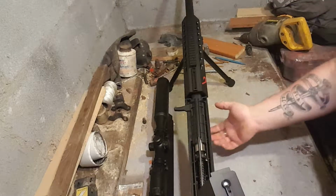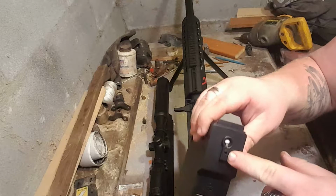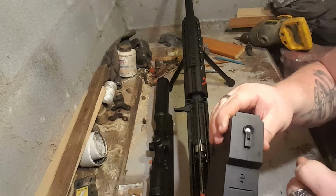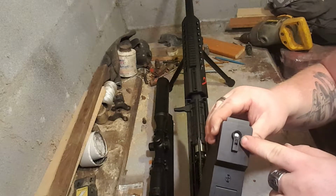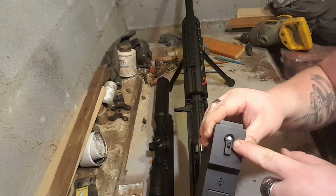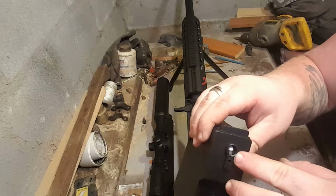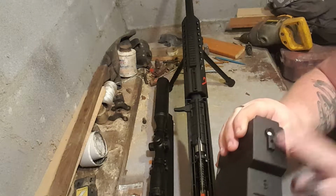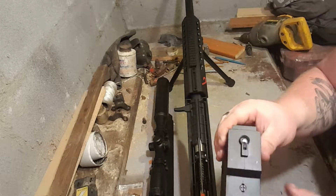If you leave this magazine in this gun, this spring wears down from being compressed all the time, and it will not have enough force to push up into the BBs to keep that wedge from letting the BBs come out. That, or the wedge itself gets worn down from steady use, but if that's the case,